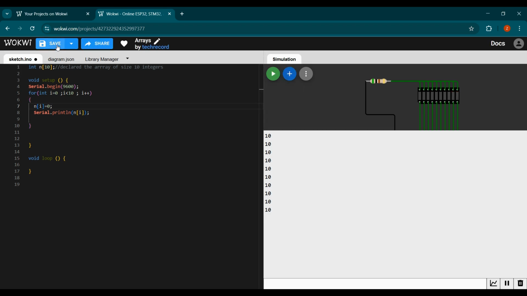So let's stop this, let's save this, and let's run the simulation. You can see that in this way you can easily initialize your array. So hopefully you have understood how you can declare an array, how you can initialize your array,